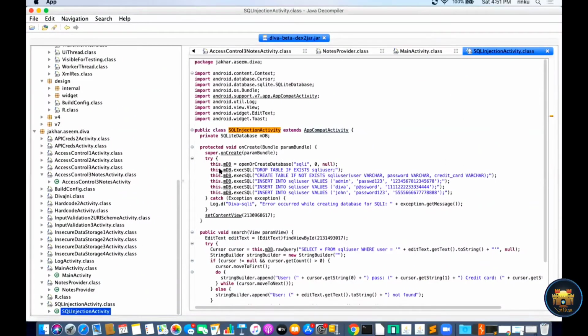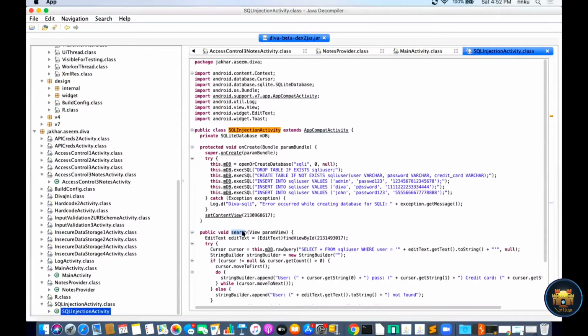Here, if I review this SQL activity, onCreate is a process which runs when the application is launched, so we do not consider this. We have to focus on the search part, because we are dealing with the search.